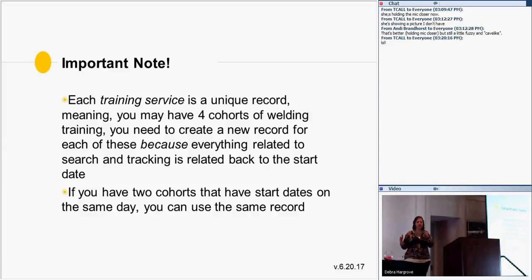You have your summer cohort, your fall, your winter, and your spring. Each of those instances will be a unique record because of that start date, because that start date has to tie to when the training actually begins.